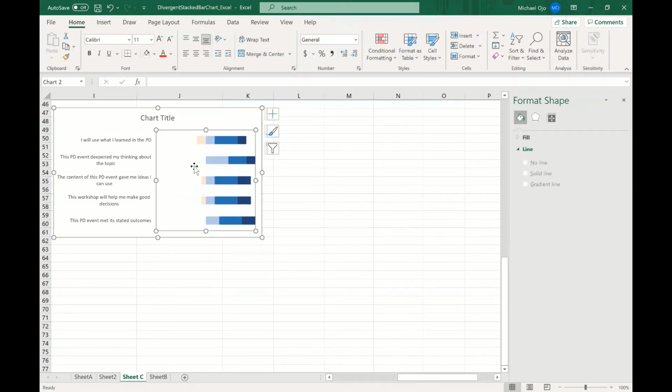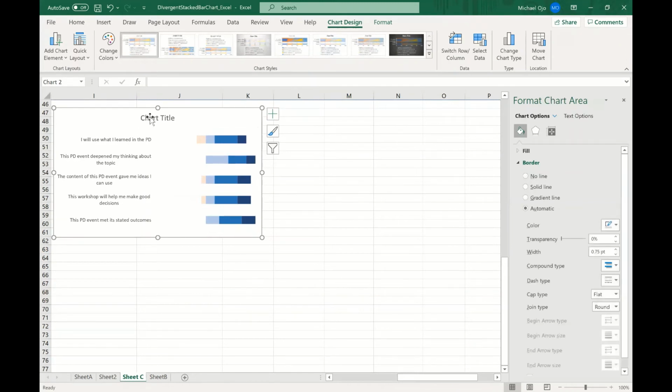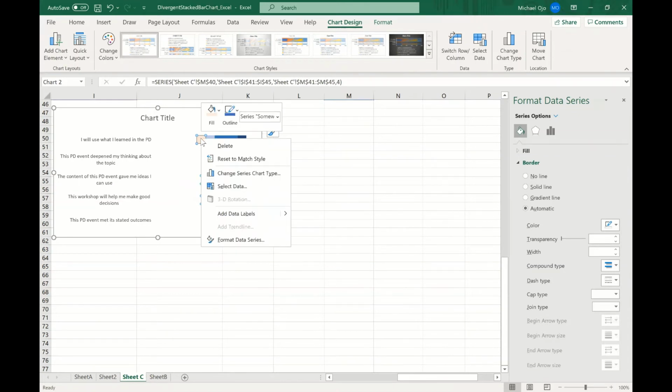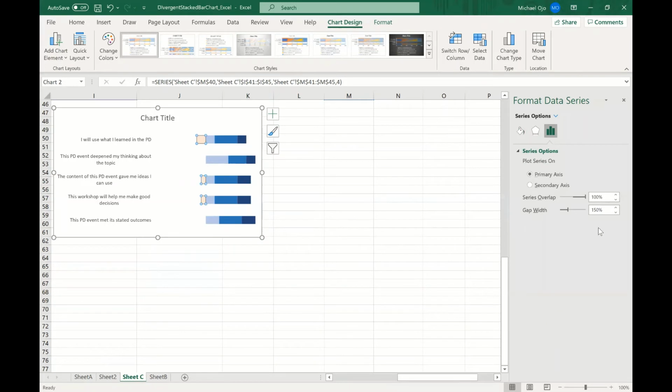Then I can also get this bigger. I can get these bars, can widen the shape. And how do I get the shape widen? I also click on it. I can click on any of it and right click, format data series. Then in the gap width, I'll make sure I reduce the width in between. And as I reduce the width, it gets bigger. So instead of having the width at 150, I can make the width 50. You can see it's bigger now. So I can make it wider.